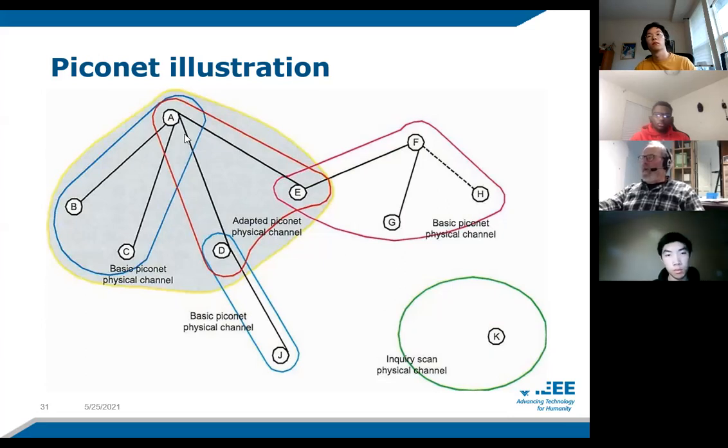This device, being part of this piconet, might attach itself to this timing. If this device is common to both of these, it will probably have overlapping timing. And this device, also part of 2 nets, may adjust the timing here to match this one. Here's a device that's too far away to be connected to anything, so it's all by itself. Does that help at all?